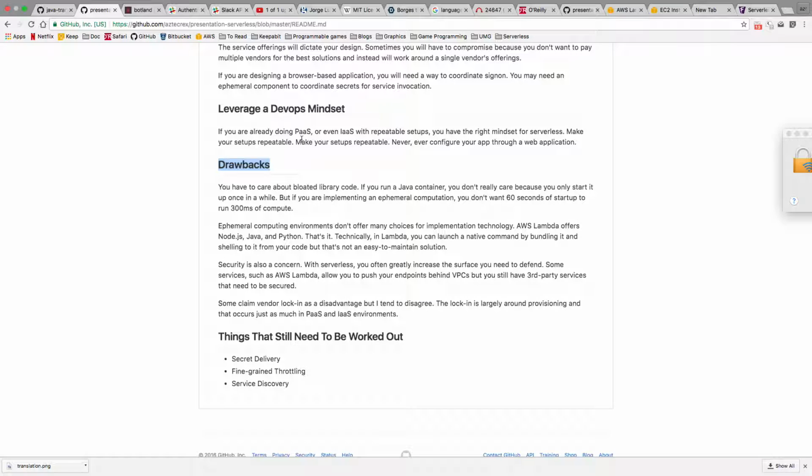Fine-grained throttling. This is actually interesting, I didn't even think about this, and I was reading up. This is about killing yourself with your own denial of service. So you have your own app, and somebody finds a way to use it that abuses your service, right? So you're getting tons of requests coming in. You don't have a way right now, with the way these cloud platforms or these ephemeral platforms work, to say, I want this one throttled this way, and I want this other one throttled the other way. You basically get limits for your whole account.